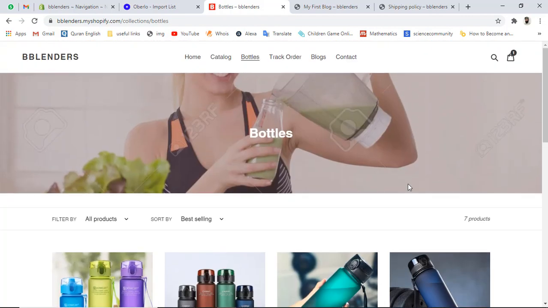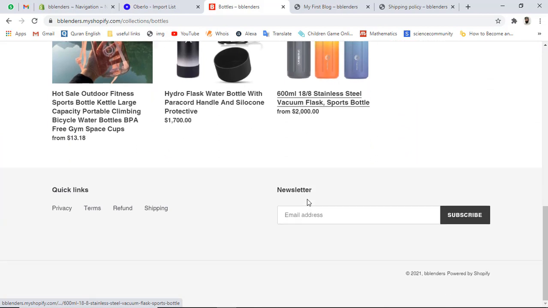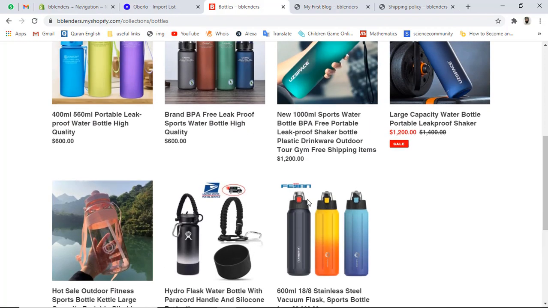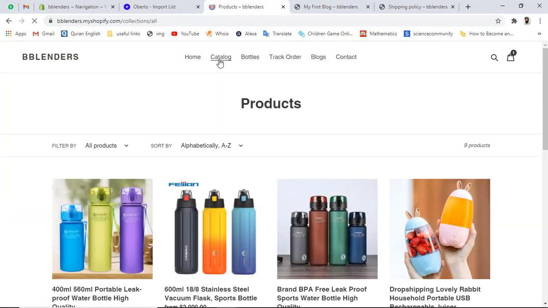So this is really an important aspect. Here we have the filters, according to the size, and so on. You can also change the order in which these are showing in the list. So there is a lot of stuff over here that you can modify. If you go to the catalog, all the changes are reflecting here.